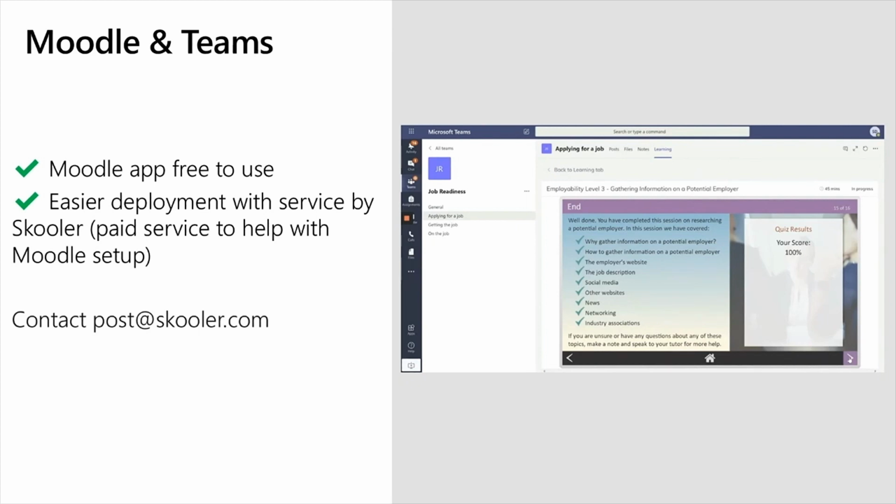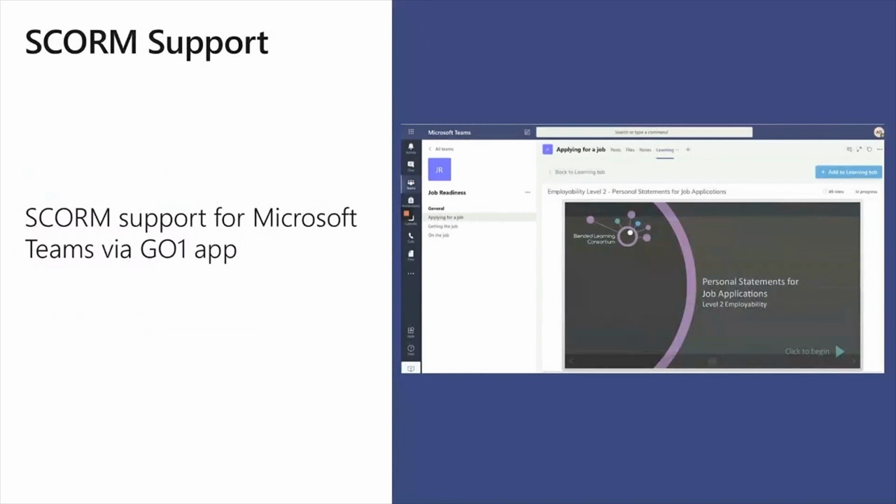But as you can see here, it really delivers this additional value where everything comes together and augments, hence the title of the session, what you have from your learning management system and what you have from Teams, because Moodle is going to bring in some functionality, Teams is going to bring in some functionality, and you really have the best of both worlds at your fingertips.